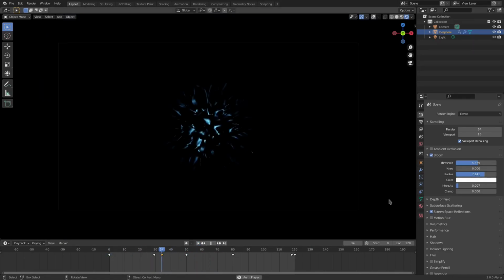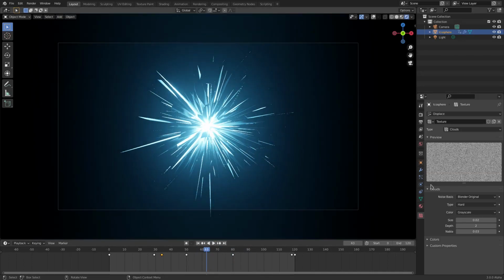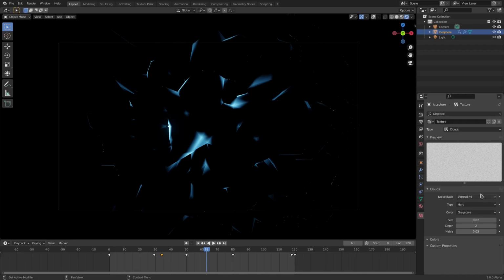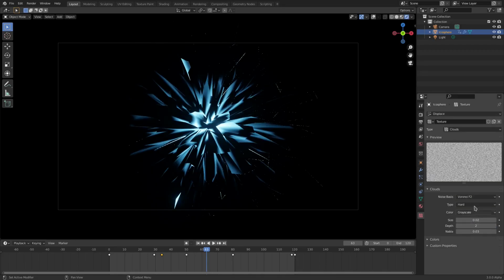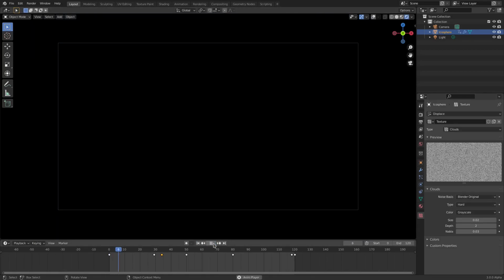Okay, so now we have something like this, which just looks really cool. I really, really like that effect. Now, changing the textures, obviously, like I said, is going to give us very different results. So we can even change the type of noise, like this, which looks really cool. But I don't really think anything's going to look cooler than that original, or maybe the original Perlin. The original Perlin looks really cool. The improved Perlin looks really cool as well.